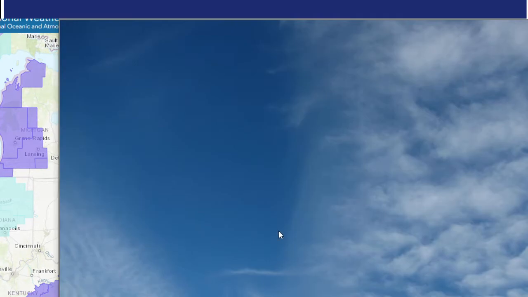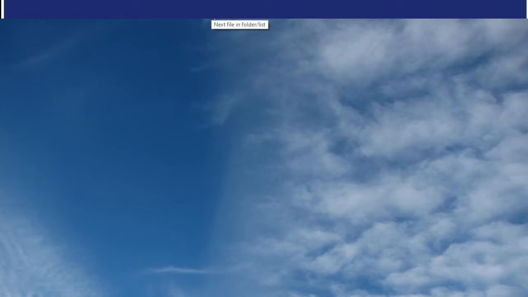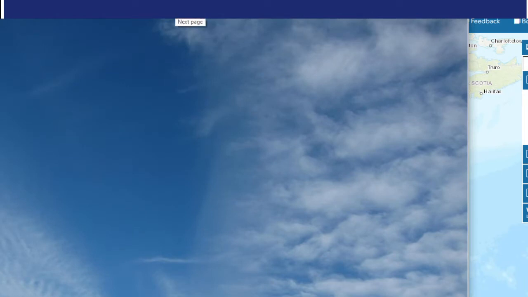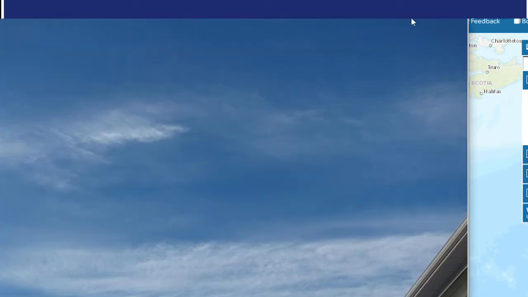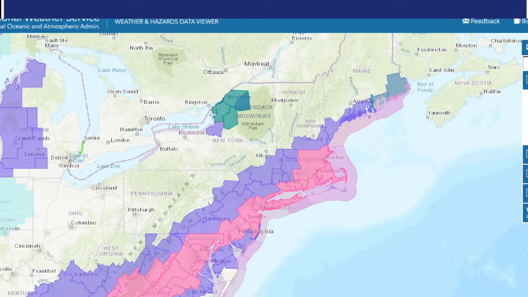Let's start with this first of all. This is a picture here of what the sky looked like. We had some clear skies in the morning, but then we got these high and mid-level clouds that kind of came in on us, as you'll see here. One more I got there, so you get a chance to see what it looked like. Did have some sunshine, but then the clouds kind of moved in by the afternoon, so it wasn't a really